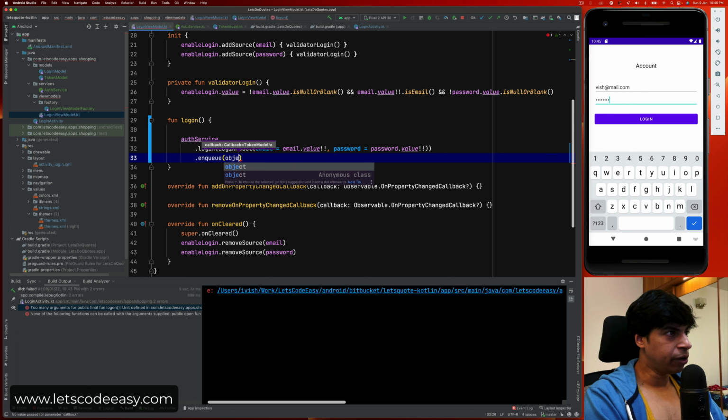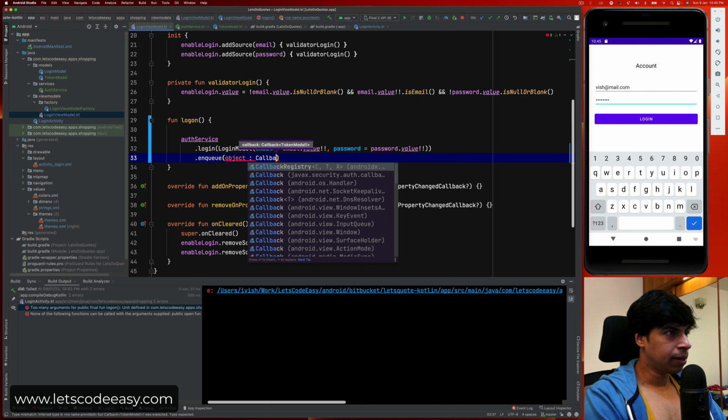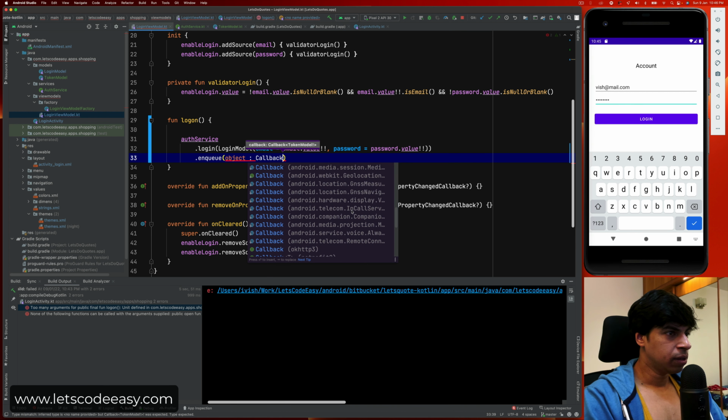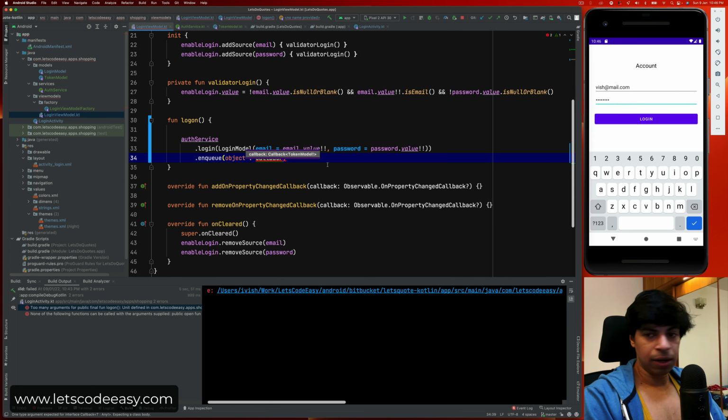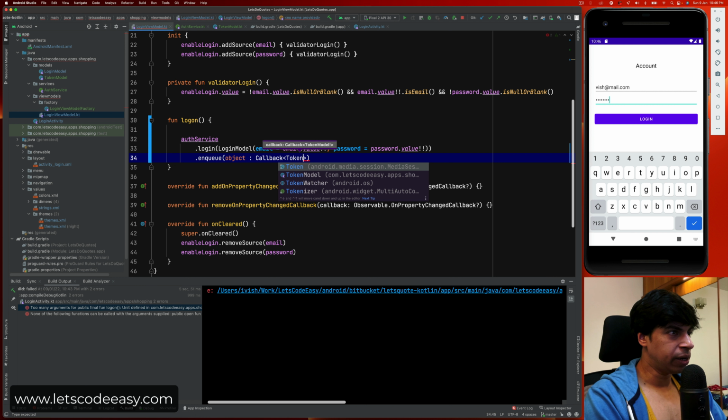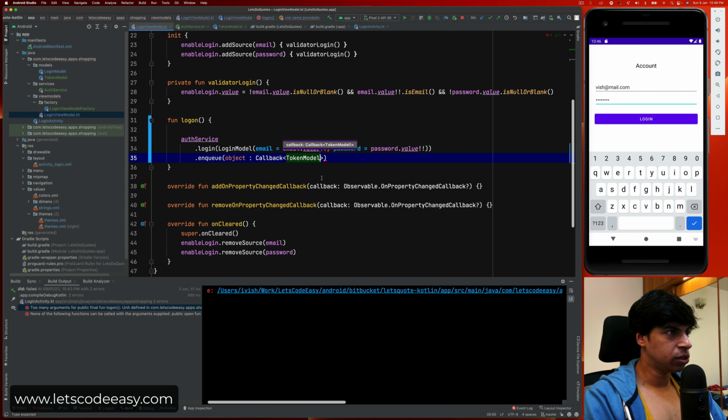So callbacks are going to be like an object, callback of my type, which is Retrofit type. So many of these callbacks, I think this is what I'm looking at. Callback of Retrofit of type token is returned. So it's going to return a type of token model. So this is my return type, and then